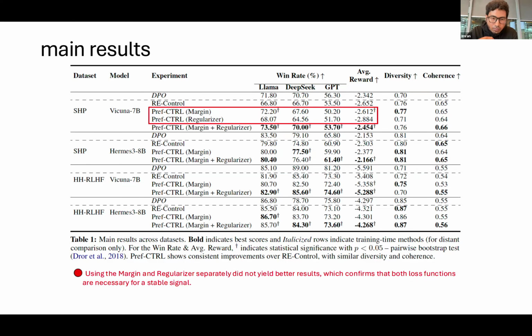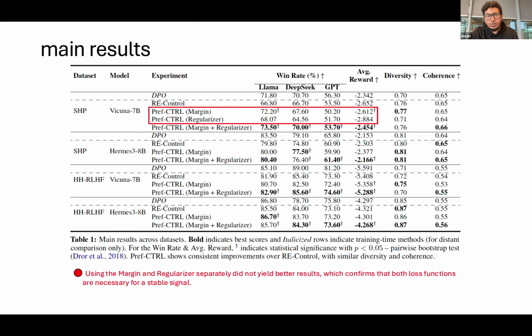Then we wanted to explore the individual contribution of the loss functions. So if you can see that using only the margin or regularizer did not yield better results. And this is because the 2 loss functions are very different, and it is necessary to use those loss functions in combination, because